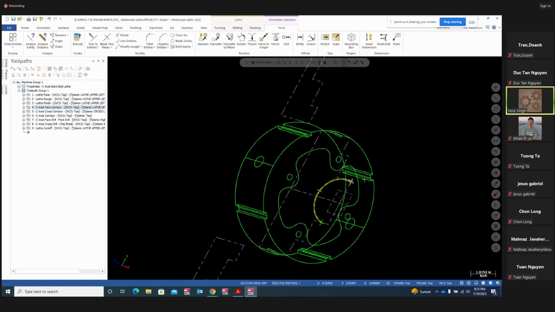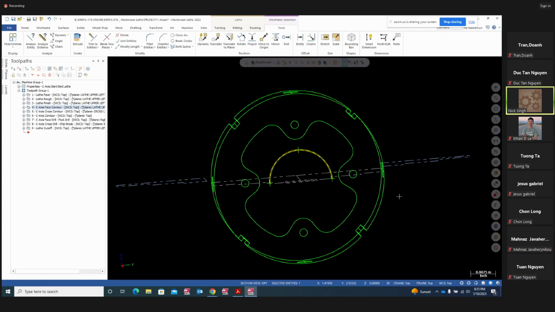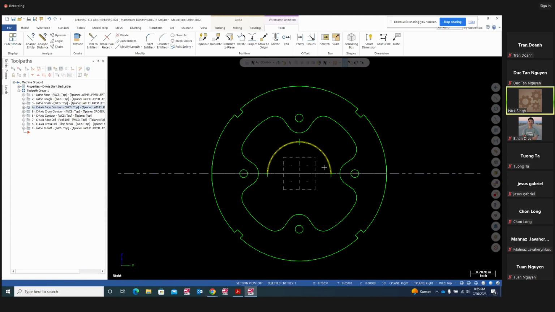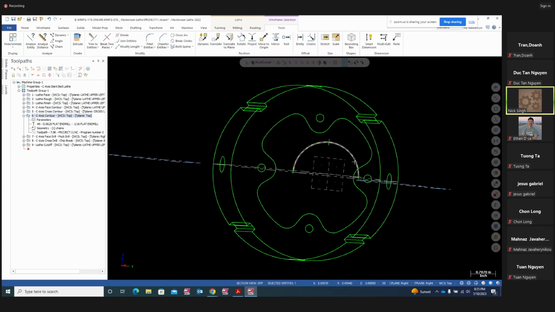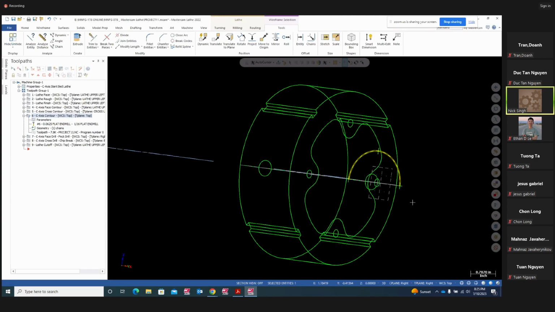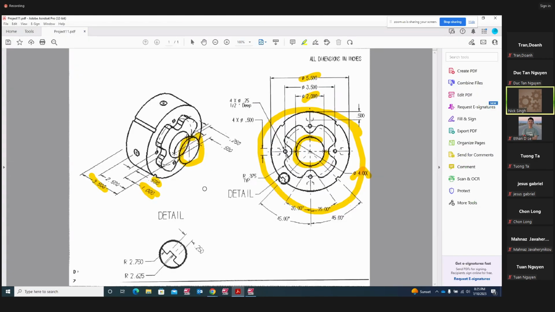Yes, we need this construction plane right. We definitely need this arc right here because this is the arc where we're going to do that C-axis contour toolpath right there. That's your C-axis contour toolpath. So to create that arc, we have to draw these 3 points. If you look at those 3 points at three different levels right here,